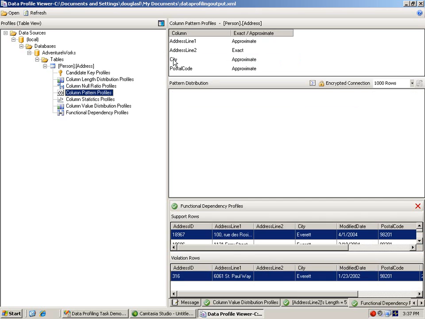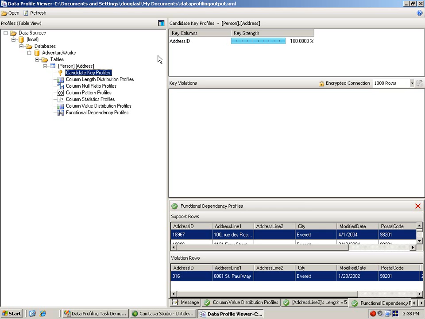Now let's look at the profiles that analyze the relationships between columns. The candidate key profile identifies columns with a high degree of uniqueness, which would be candidates to become a primary key. If there were violations of the uniqueness, we would also see those here. Of course, there are no violations here in the AdventureWorks table, since the uniqueness of this primary key is already